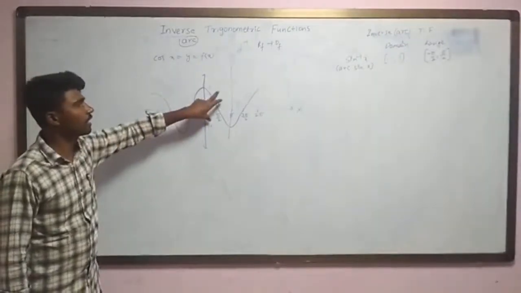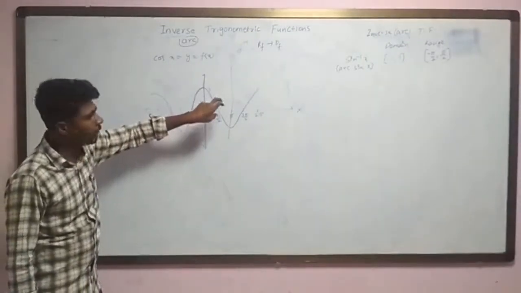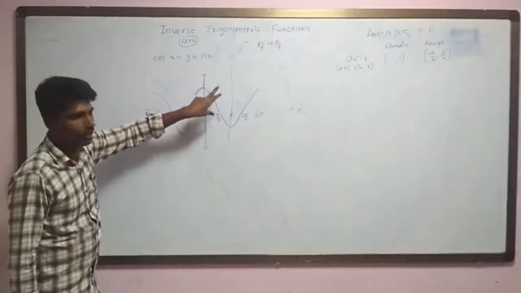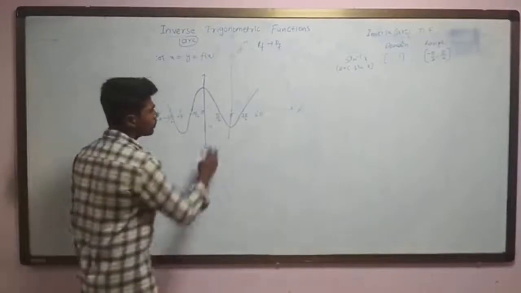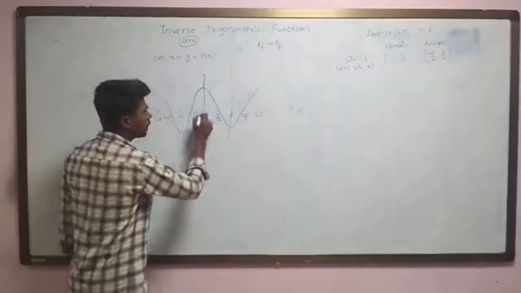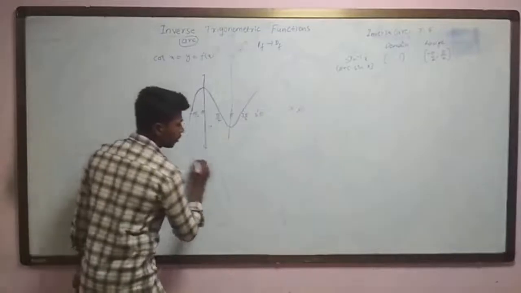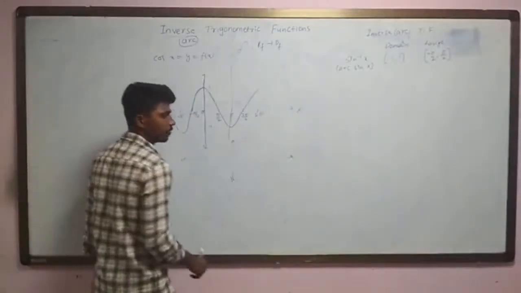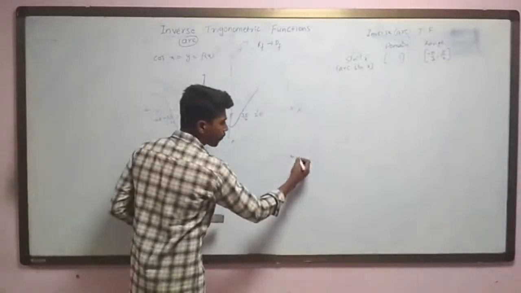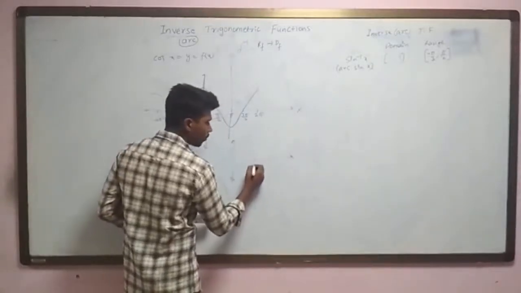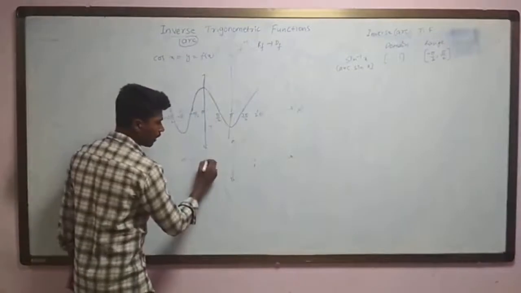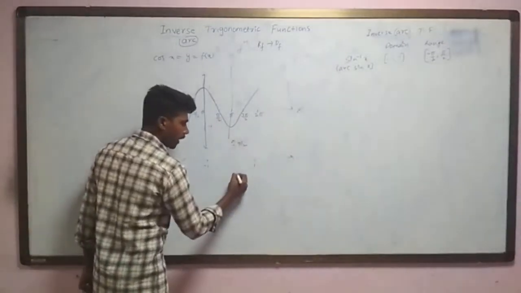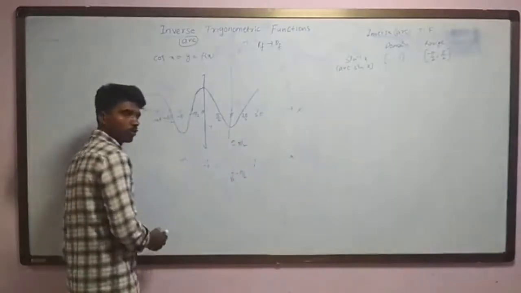Whenever we are defining and finding the values, we express the given values lying in the principal branch. So now cos x is invertible between 0 and pi. If I redraw its inverse, then x behaves as y. So on the x-axis I have to take the values 1 and minus 1, and on the y-axis the angles pi by 2 and minus pi by 2. Then I have to draw the graph.